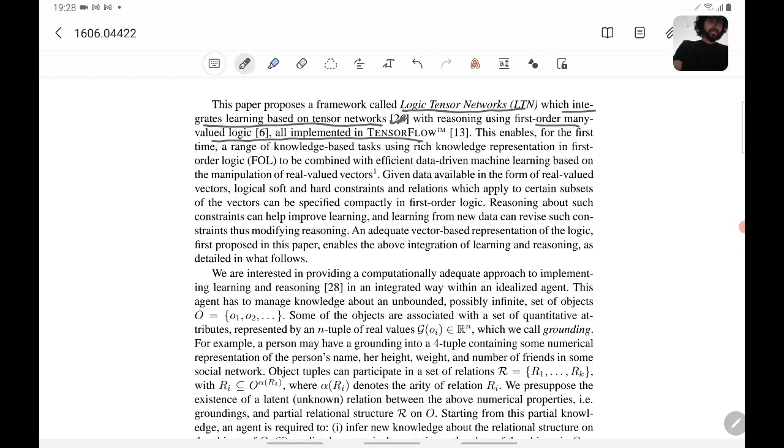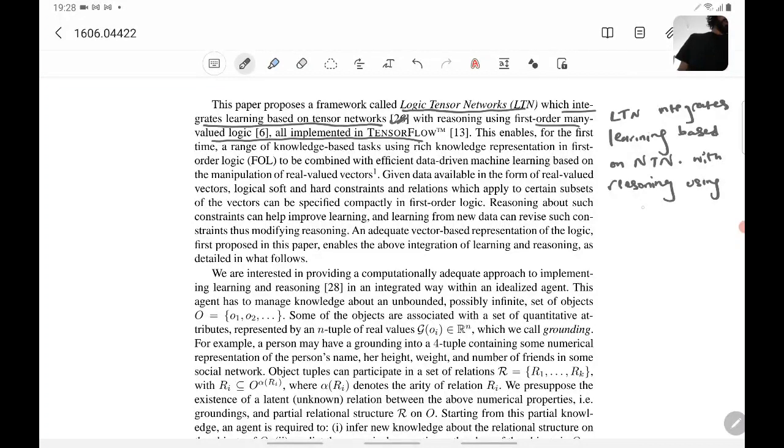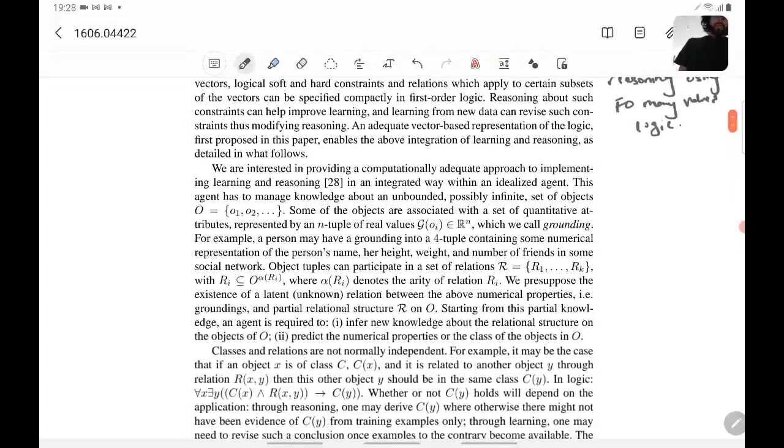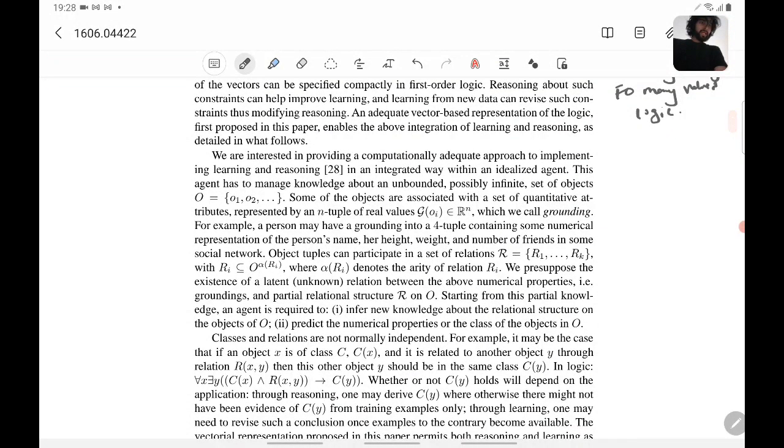So basically what it says is: we are proposing a framework called LTN, which integrates learning based on neural tensor networks with reasoning using first order many valued logic. We are interested in providing a computationally adequate approach to